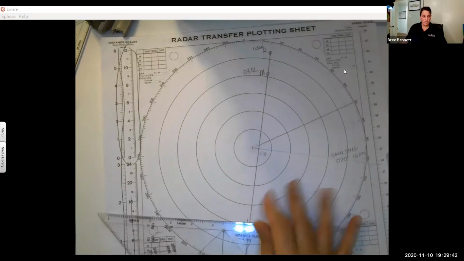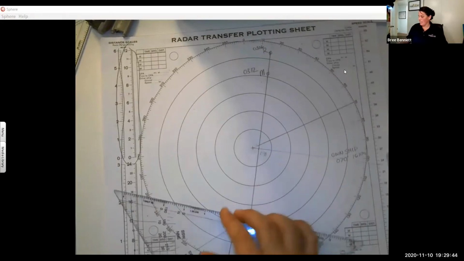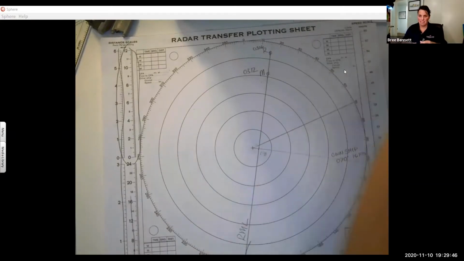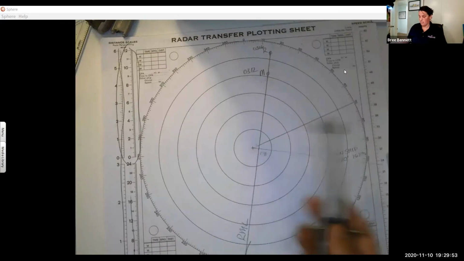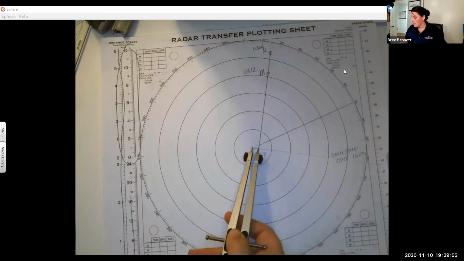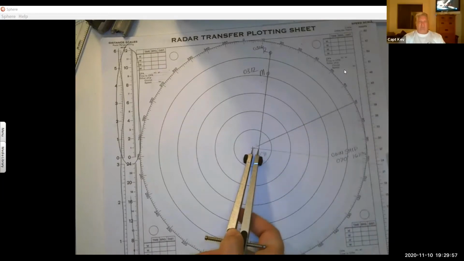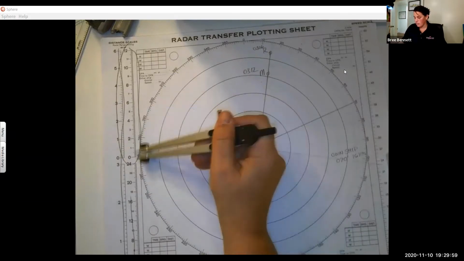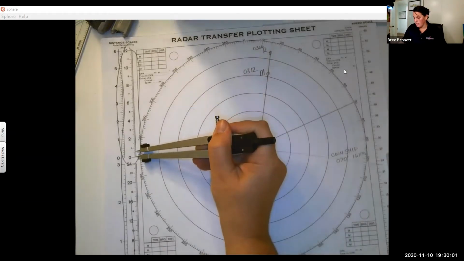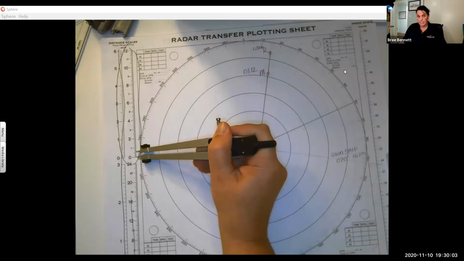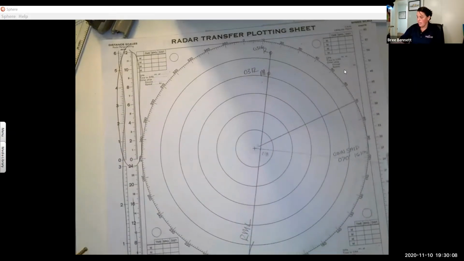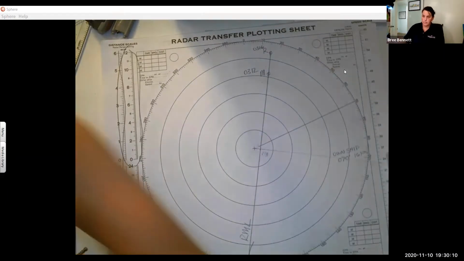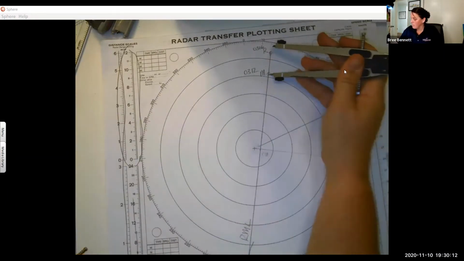All right, so what did I say last? Was I getting the CPA, I think? Okay, so we got CPA. So we measure the distance of CPA. Our CPA is 0.6 nautical miles. And then we wanted to know the time of CPA, so we use that 6 minutes,